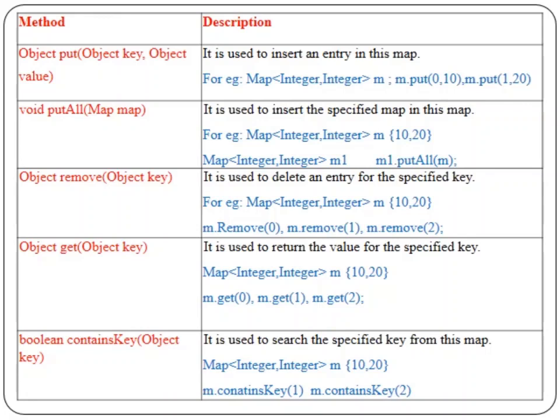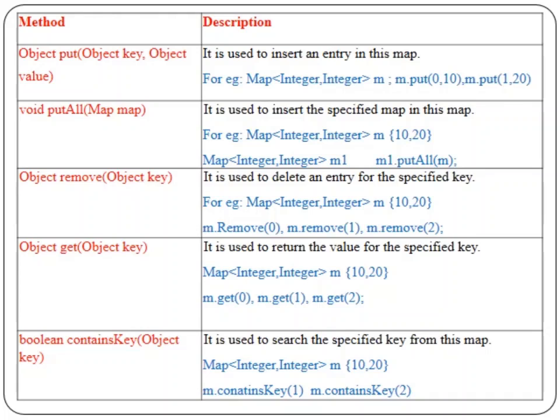Let us take an example. I have created a map interface with integer key and integer value, of object type m. We have added the two values 10 and 20, where key 0 has 10 and key 1 has 20. Now I want to copy all these elements into another map interface. In that case, we'll make use of the putAll method. So I have created map m1. m1.putAll(m). So the values available in m have been copied to the m1 object of another map interface. That is keeping a duplicate of the values in the other map interface.